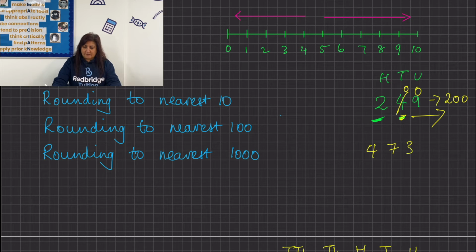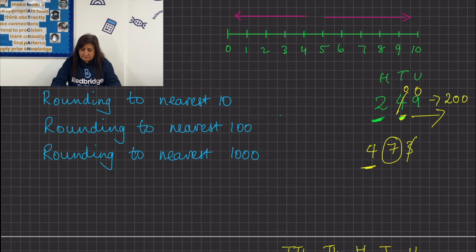If that number was slightly higher, let's say 473, and we're rounding to the nearest 100, the same principle applies. You go to your hundreds column, in this case the 4. You go to the next column on the right, which is the 7 here. We need to decide whether we're rounding 7 up or down. We know that we need to round 7 up, and any digits after that turn into